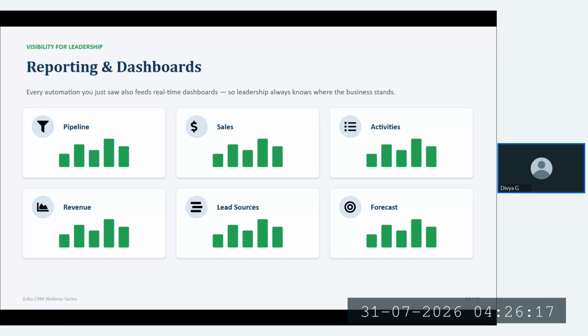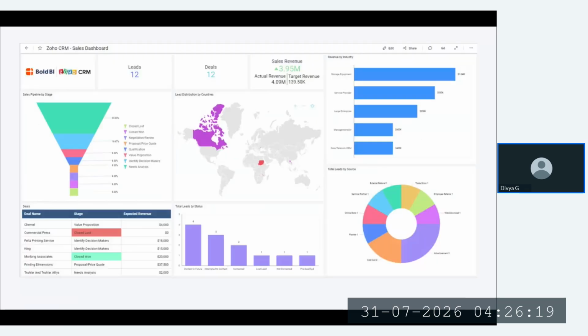And lastly is reporting and dashboard. So this is the sales dashboard. The number of leads, number of deals, it is also customized. We can also create using a report, widget, KPI, metrics, etc. And the sales revenue for this month or a year, and the revenue received for this industry,